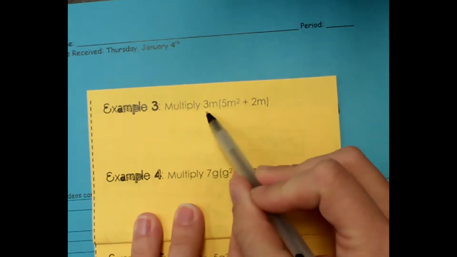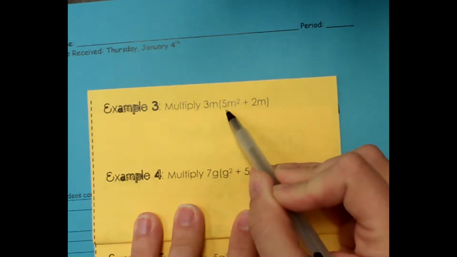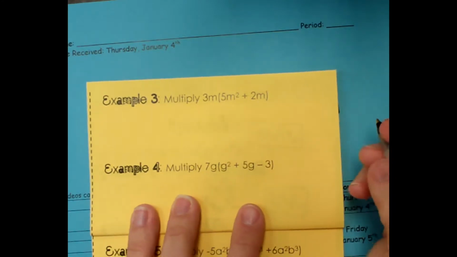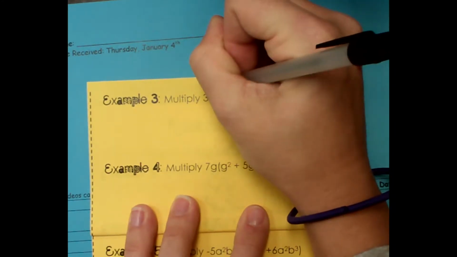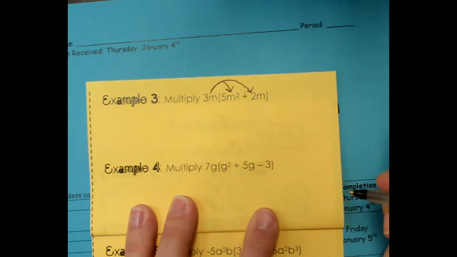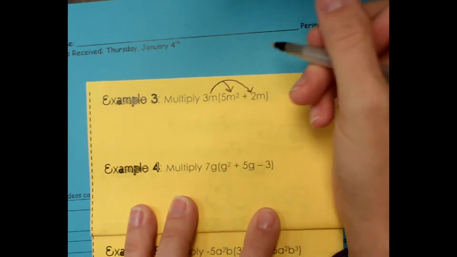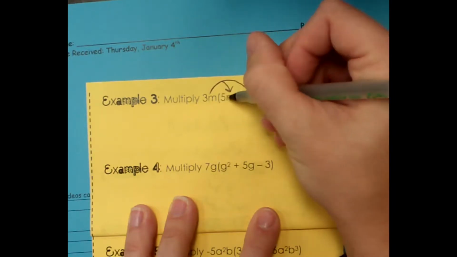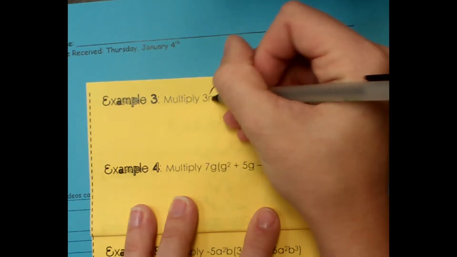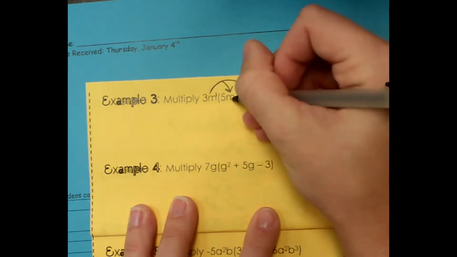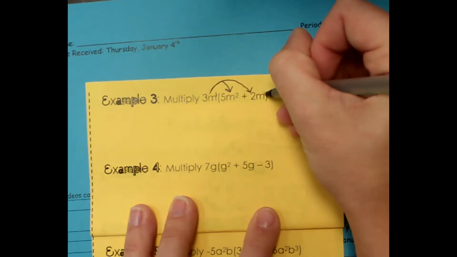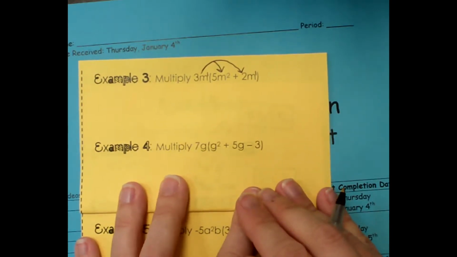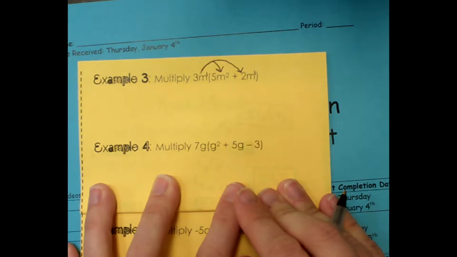If we look at this one, we have 3m times (5m squared plus 2m). That's what the parentheses mean. Parentheses mean to multiply it. So you're going to draw your arrows to every term inside of the parentheses. We also want to make sure every letter, every variable has an exponent. So m, you need to put to the 1. M squared has 2. M, you need to put to the 1. That way it avoids any confusion you might have when you're adding the exponents together like you just learned in